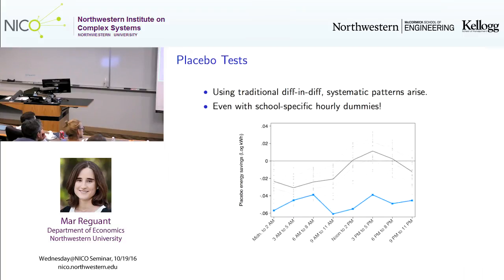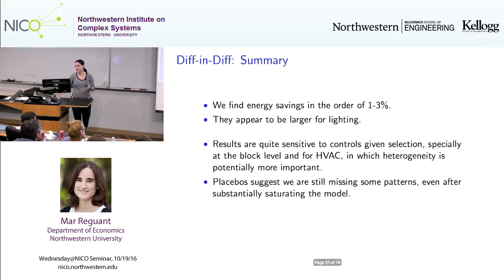In this regression, we actually included an indicator variable for every school, but also every school interacted with each hour. So there were like 2,000 times 24 kind of controls to saturate the model. What we thought was saturating the model quite a bit, but it really didn't saturate the model, and that came as a surprise. So this is when we started thinking that we needed a more systematic approach to control for the differences across the schools. Because the regression, as much as we thought we were saturating the model, it wasn't cutting it. So this is where we started to turn into machine learning.